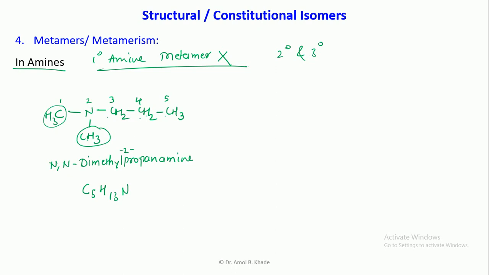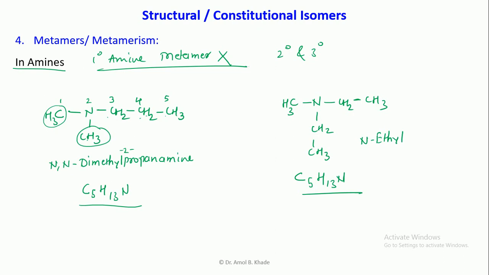Now I can also arrange the same molecular formula in a different way. I can make this as CH2CH3, and here also I can write CH2-CH3. Now in this case, how many carbons? 1 plus 2, 3, 4 and 5, C5. Then count the hydrogens: 3 plus 3 is 6, plus 2 is 8, plus 2 is 10, plus 3 is 13, and 1 nitrogen. C5H13N.